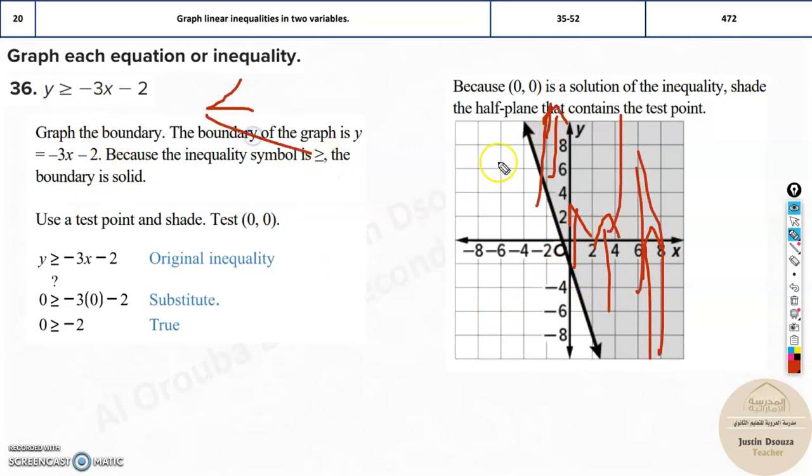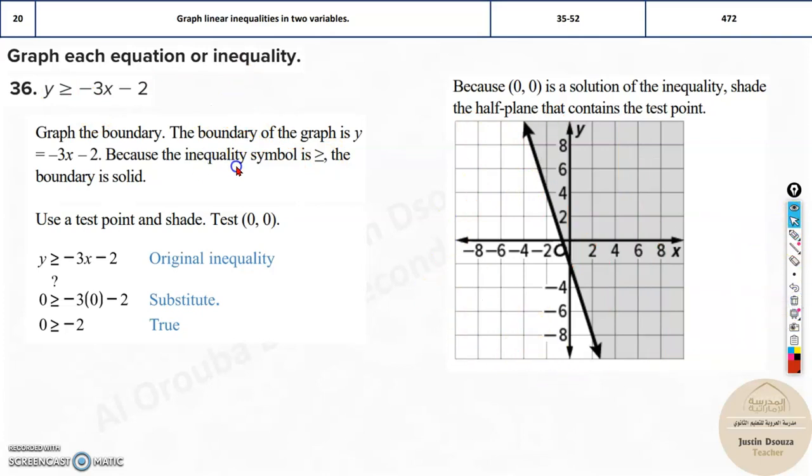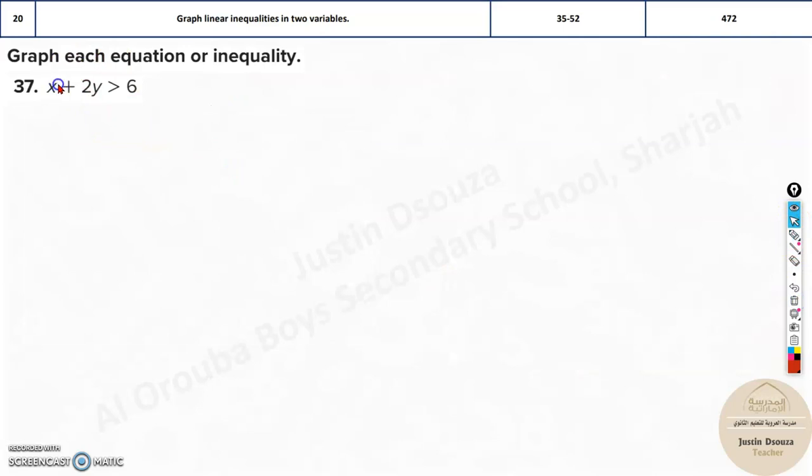If it was less than or equal to, then all the downside will be the solution region. That is how we figure it out. Same thing over here. You can do the slope intercept form. That would be